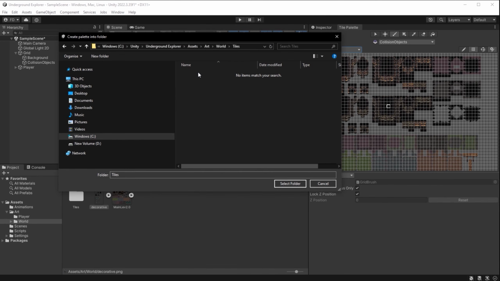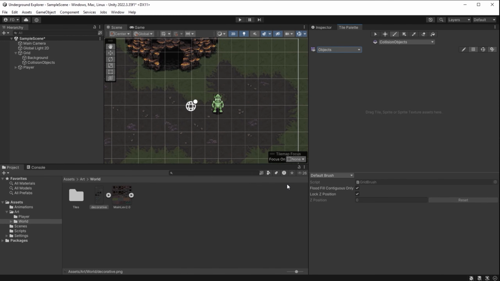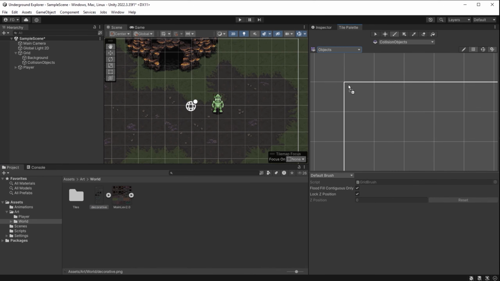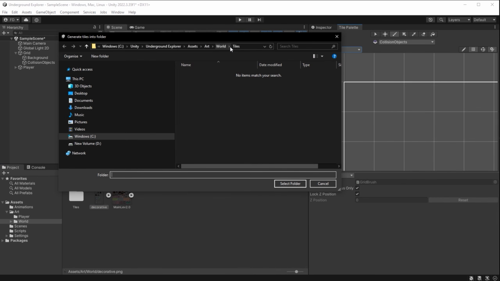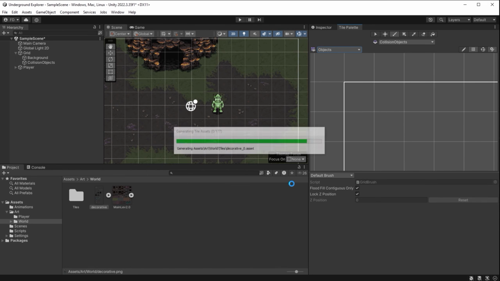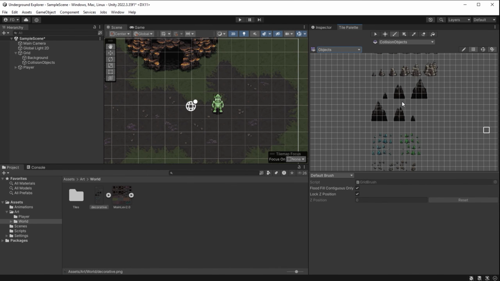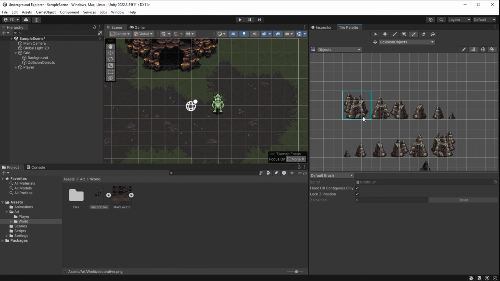I put it inside Assets, Art, World, Tiles, and I select Folder. So here, Tile Palette window with Objects palette selected. Down here I have my images. Now I can drag and drop this in here to create tiles for my new palette. Again, I will be prompted to specify where I want to save this, so I stay in Tiles folder and I press Select Folder. With the standard brush, I can highlight this area of 3×3 and I can place it